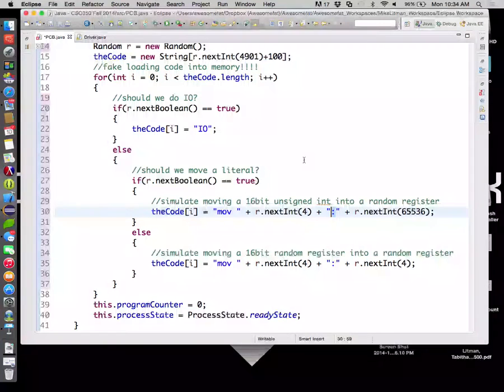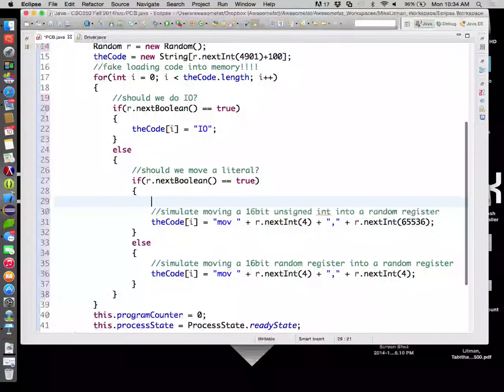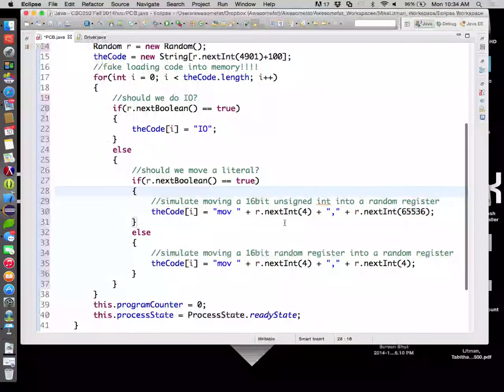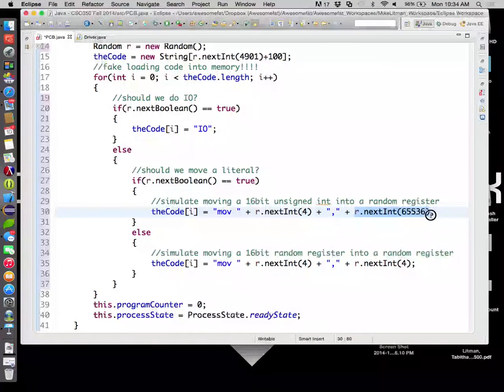It's cool. So instead of using colons to separate here, I'm going to put commas to separate here, which is actually in line with what assembly language might look like. A line of assembly language might be move AX, comma 5, something like that. But we're going to be explicit here with our language. So we're going to move into this register this value. But in this case, we're moving in a literal. So I'm going to say lit